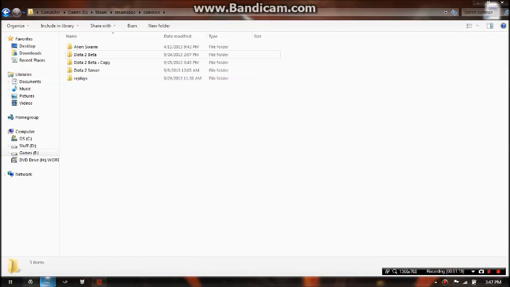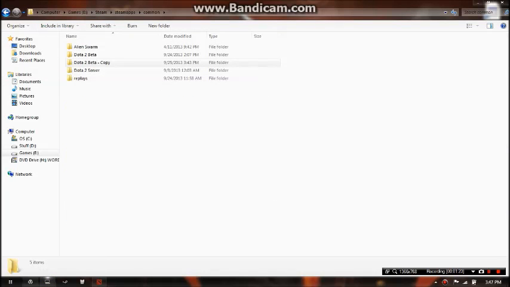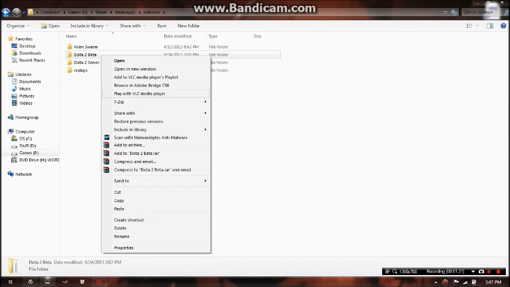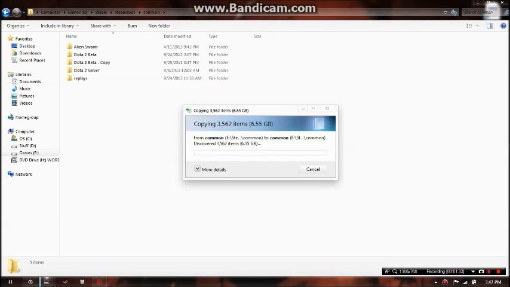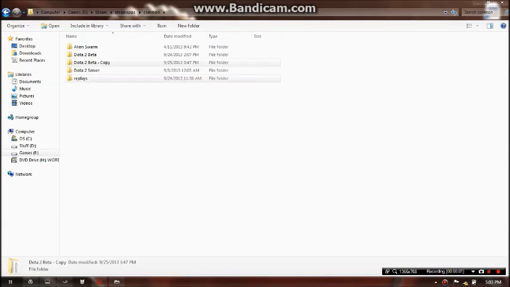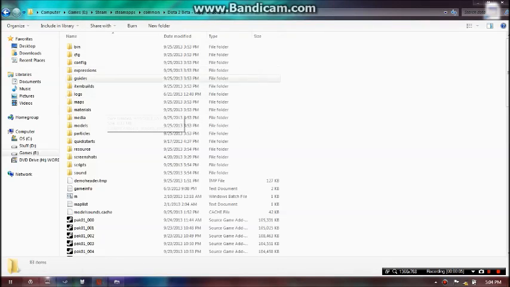Right. So the first thing you're going to do is go into your Steam folder, Steam Apps, Common. Copy your Dota 2 beta folder and create a copy of it. I'm just going to pause until that's done. Okay, now that it's done copying, what we're going to do is